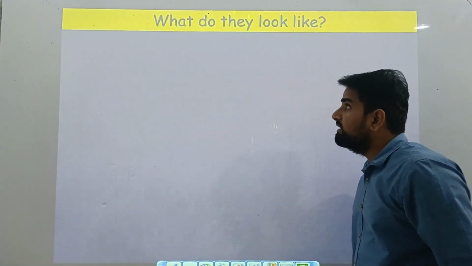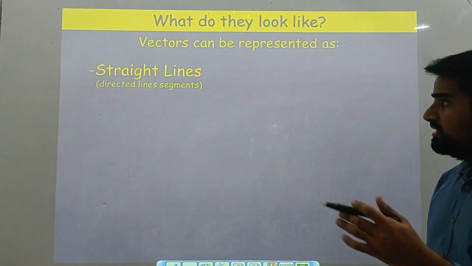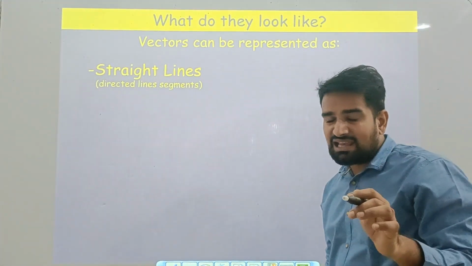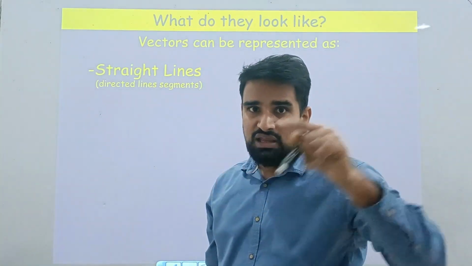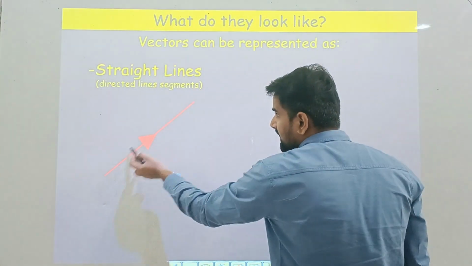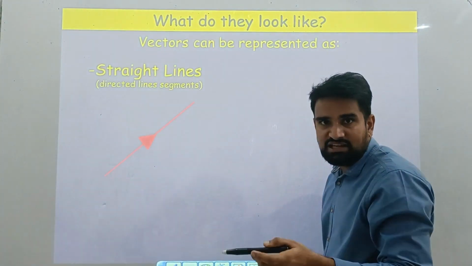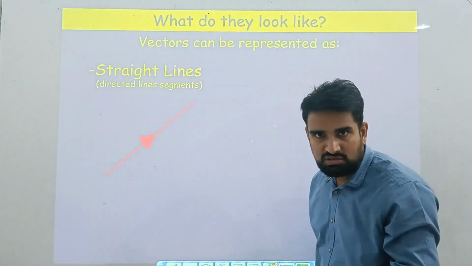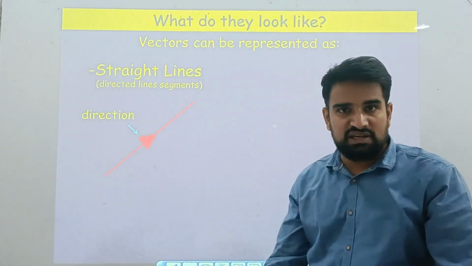Let's move ahead. Now vectors can be represented as straight lines, as we discussed, in a graphical representation. It is a directed line segment. In that segment, the line should be directed, that means it has a head which shows its direction, and it should have a tail. For example, this is a vector. You can put an arrow here or in the middle of it to show its direction. It's also representing the same information. This arrow is representing the direction, as we discussed earlier.